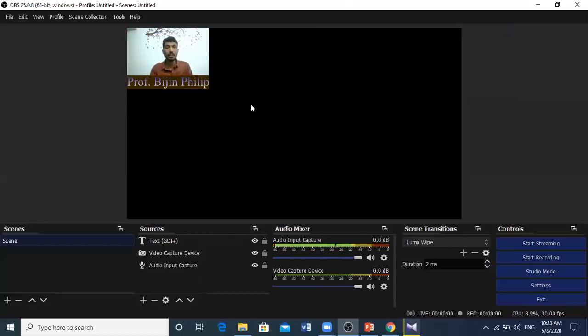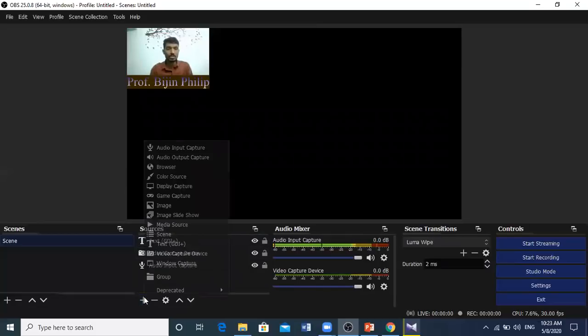So now finally, what we have to include. Here you can see that in this area you have to bring the display capture functionality. Whatever is displaying on the display, we have to capture. Now you can see that there is an add button, and here you have display capture. And in the same way, one more option is there, Windows capture.